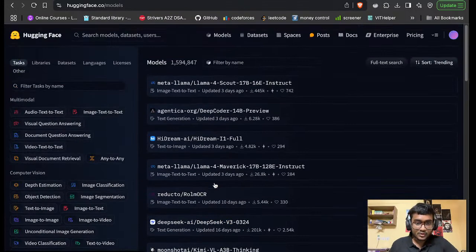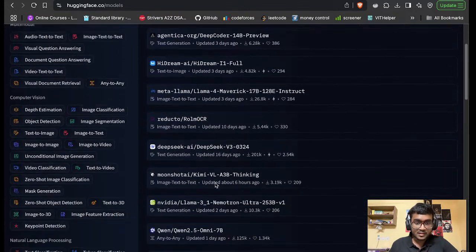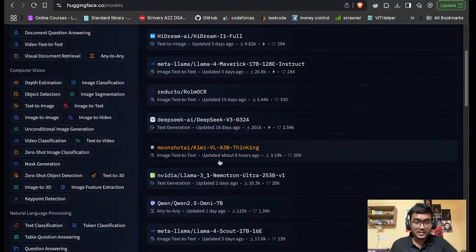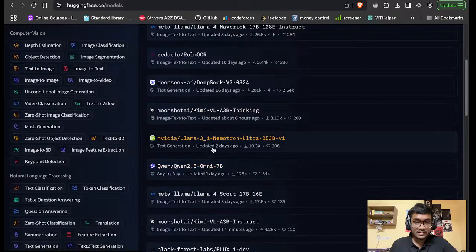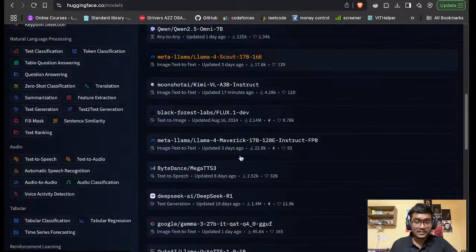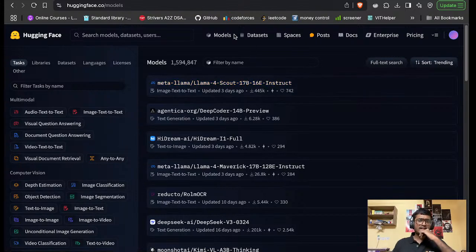There are a lot of models like Llama, DeepSeek, which just changed the world recently, NVIDIA's Llama, Qwen, a lot of really good models. And here you can find models, and inside models,